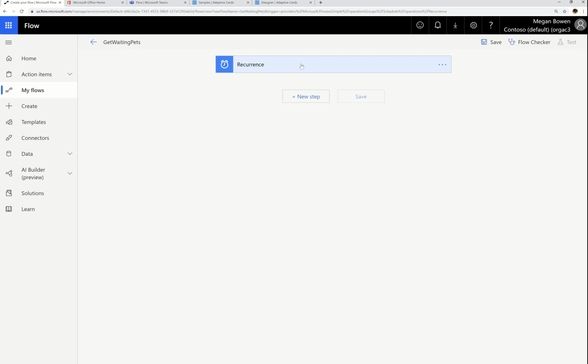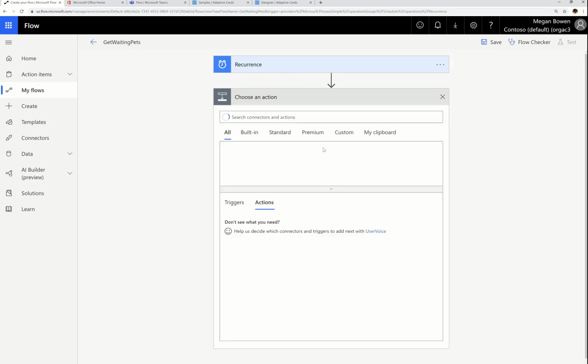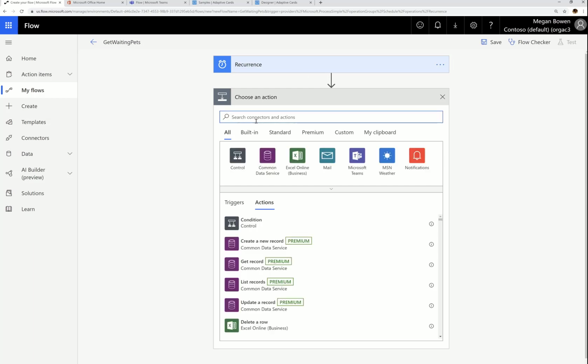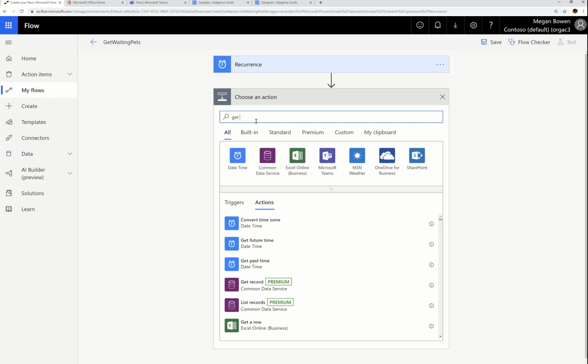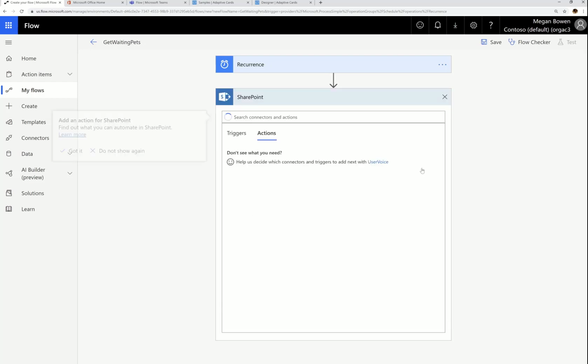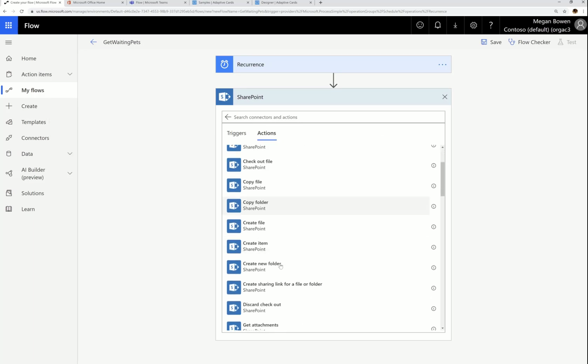So this is all filled out for me beautifully. I don't have to do anything to the recurrence. So I'm going to hit new step. And then here I'm going to, let's see, what do we need to do? We need to query SharePoint. So let's go ahead and do, we need to make a GET request to SharePoint to find out what's going on over there. So we're going to go to SharePoint and we're going to get